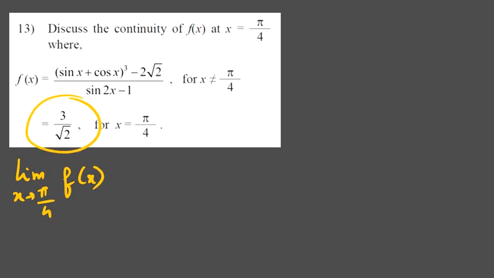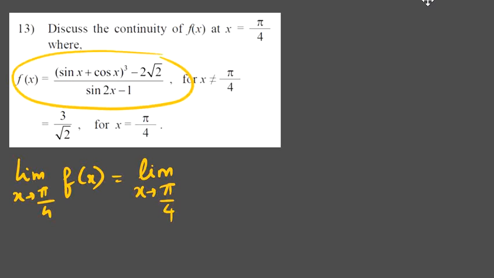If this will be equal to 3 by root 2, then it is continuous. If it's not equal to 3 by root 2, it is discontinuous. Of course, at pi by 4. F of x, that is the function, has been given to us as (sin x plus cos x) the whole cube